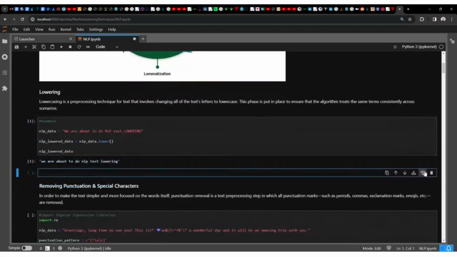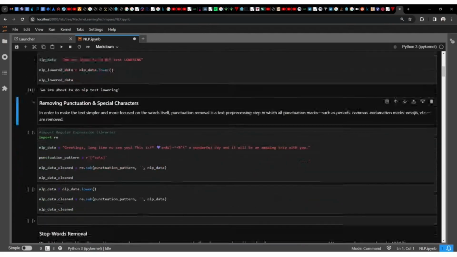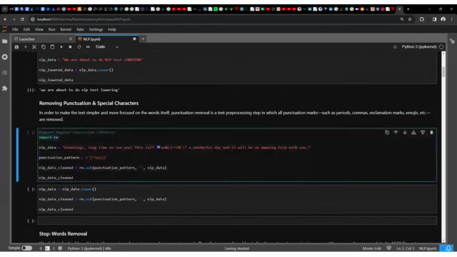Then also to deal with punctuations and special characters, we are going to make use of the regular expression libraries. So we import the RE, regular expression library, and we have an example here where we have got greetings, long time no see you, and we have got those emojis and special characters that have been placed inside and so forth. So for us to do our pre-processing, we remove those special characters, and we're going to use that